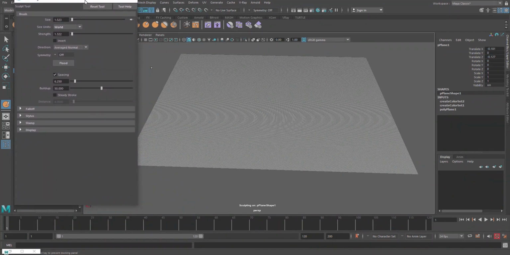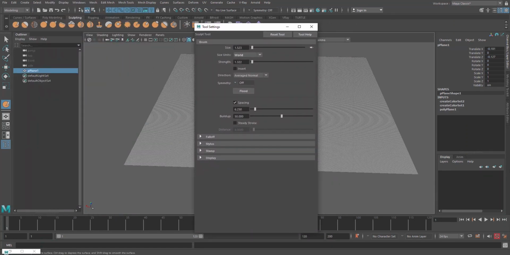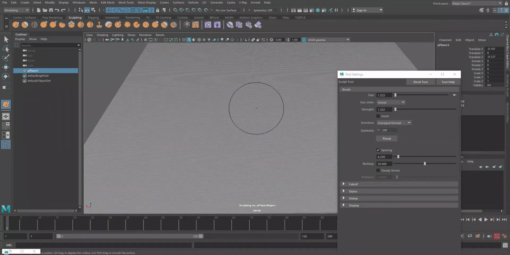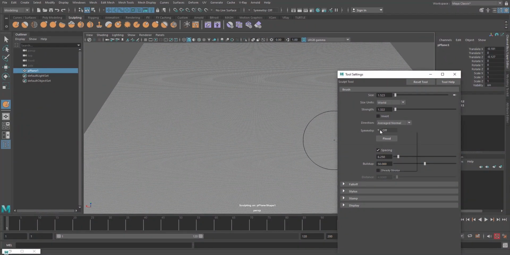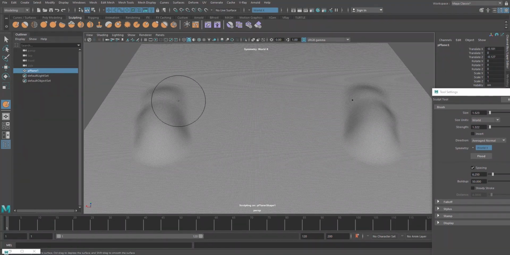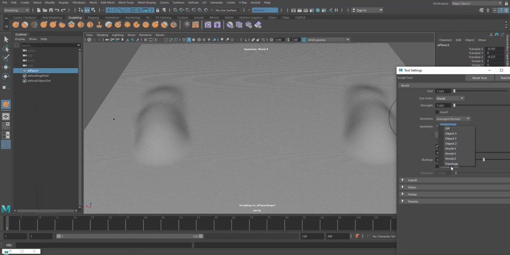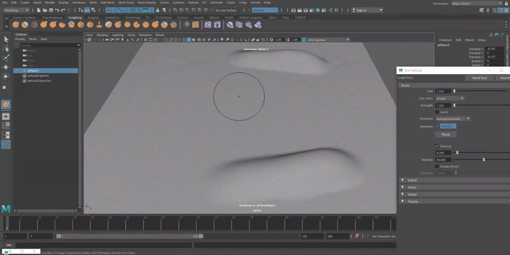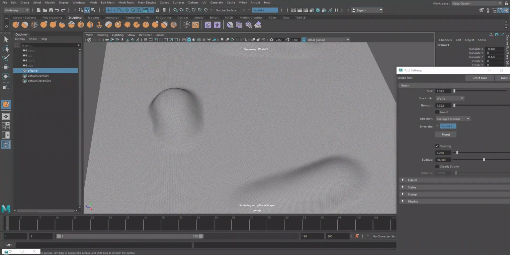I prefer to use my world axis, and if you look at this is X. All right, so that means this side is positive X, this side is negative X. If I turn on symmetry toward X, anything I do to this side affects the other side. Okay, if I turn this toward Y, my Y is in this direction, or basically it's facing up, so